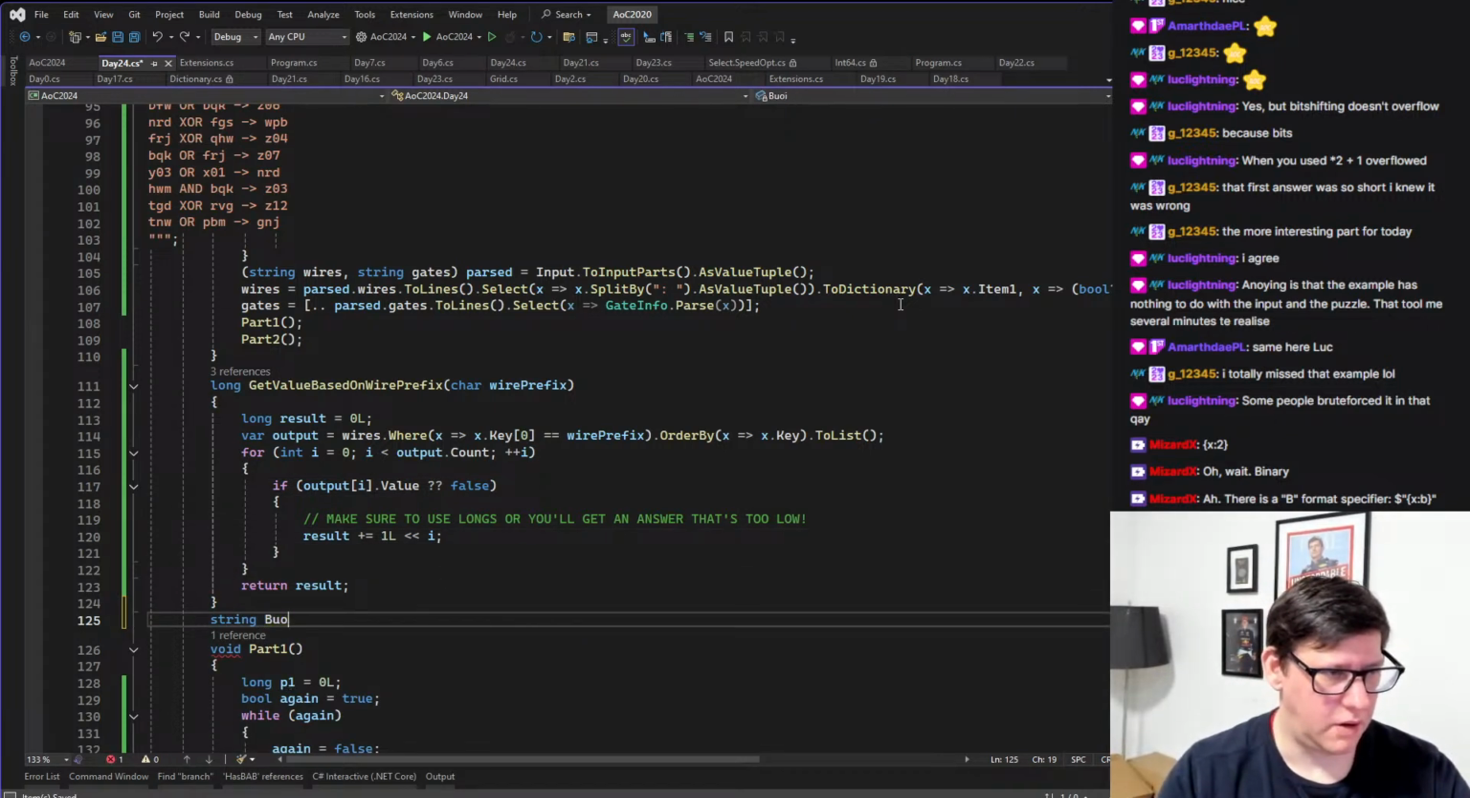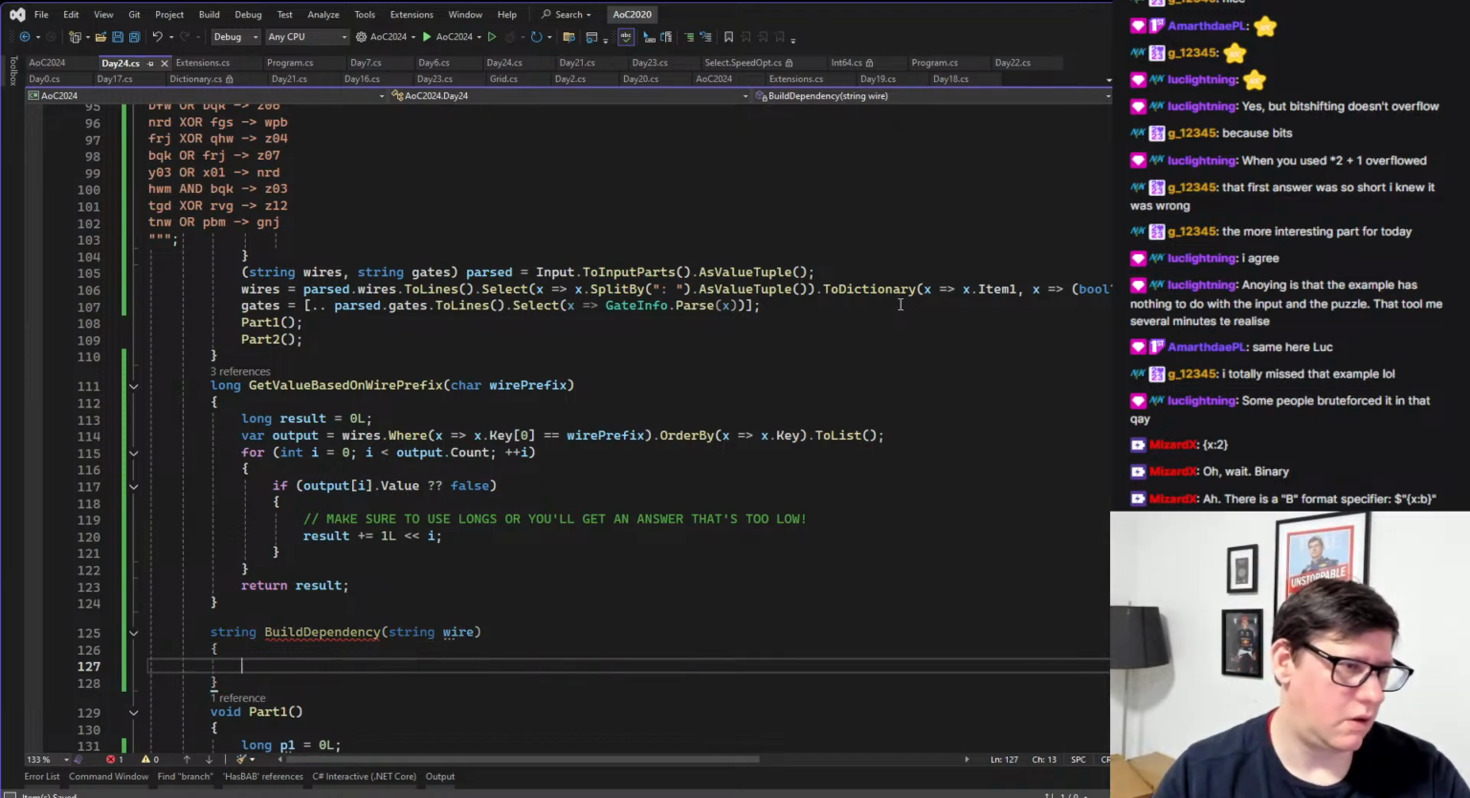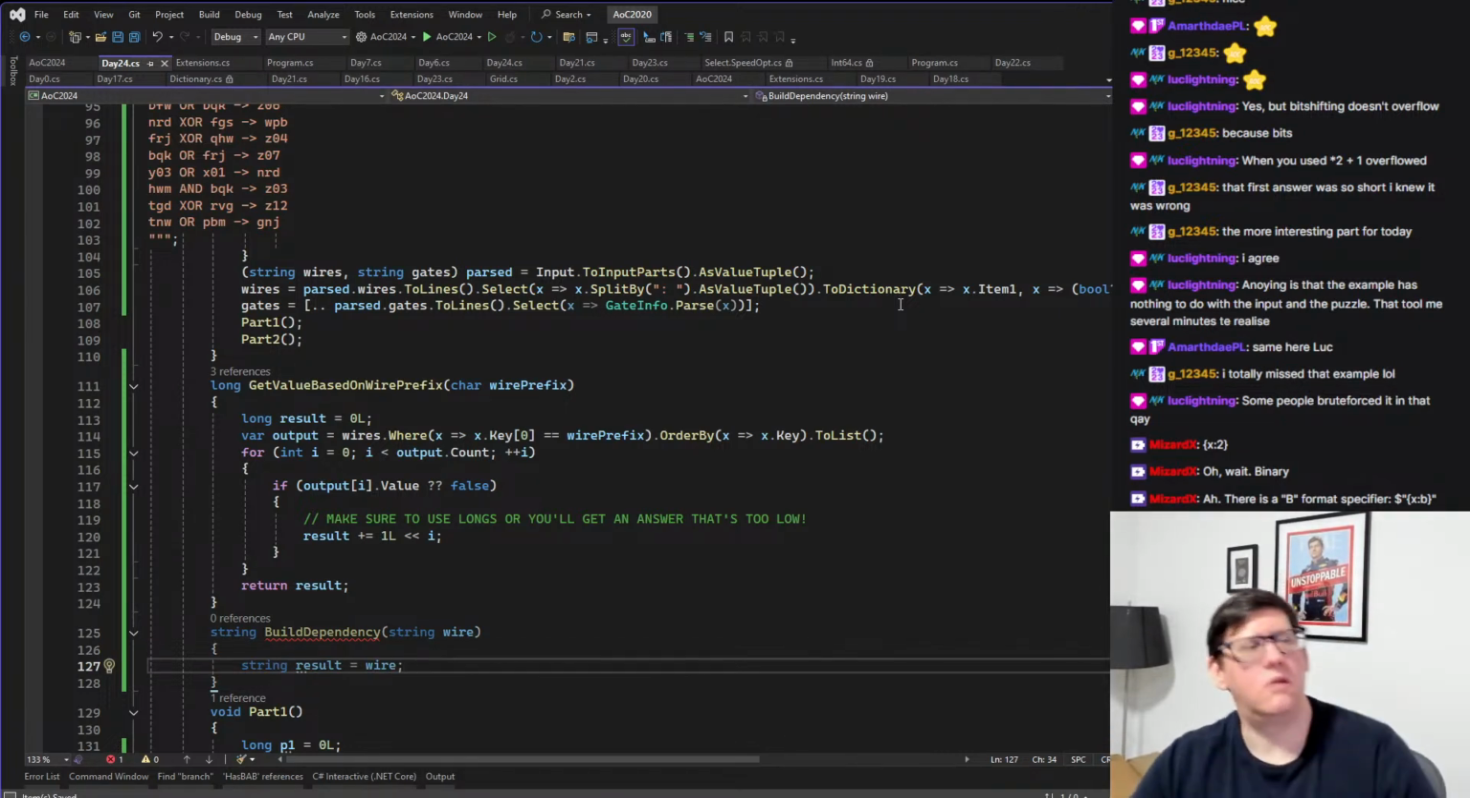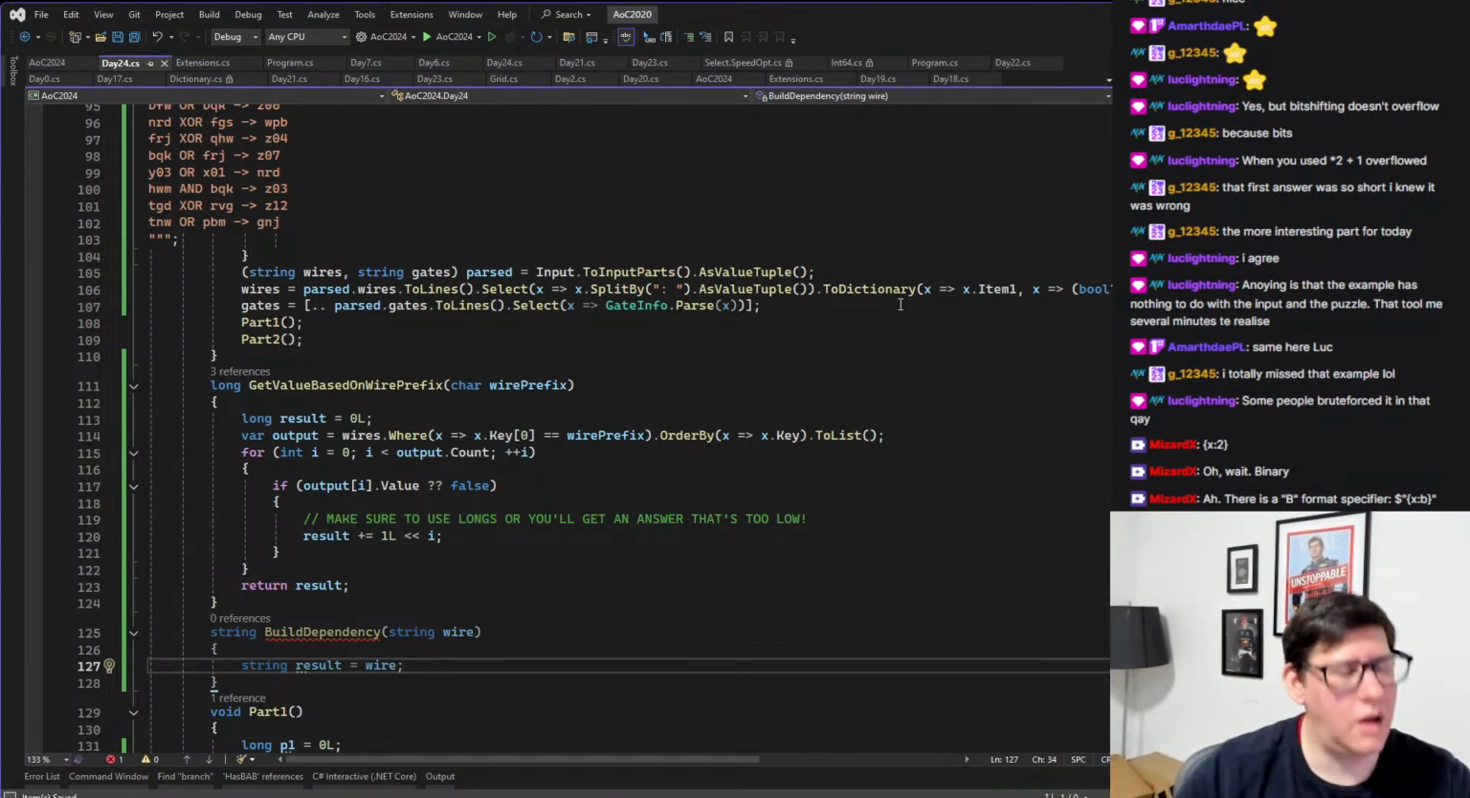String build dependency. String result is where. Dun, dun, dun, dun, dun. And then I can do